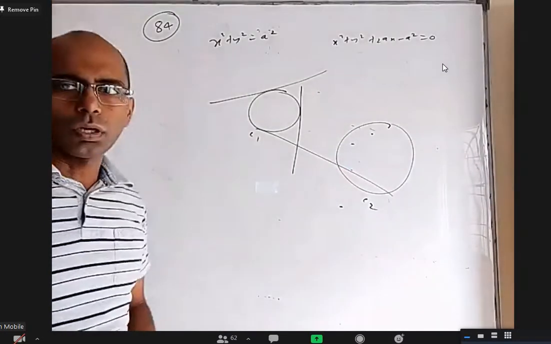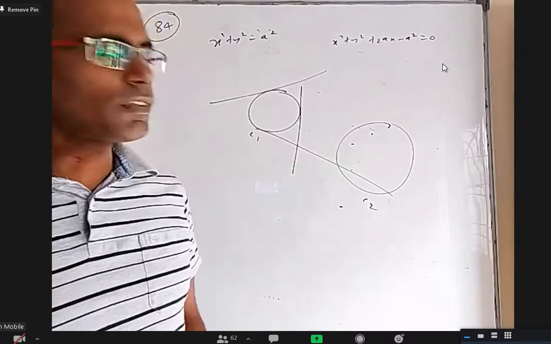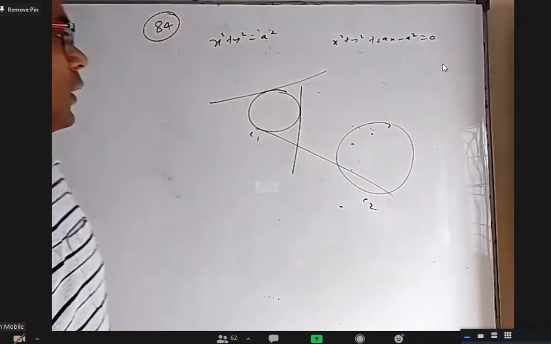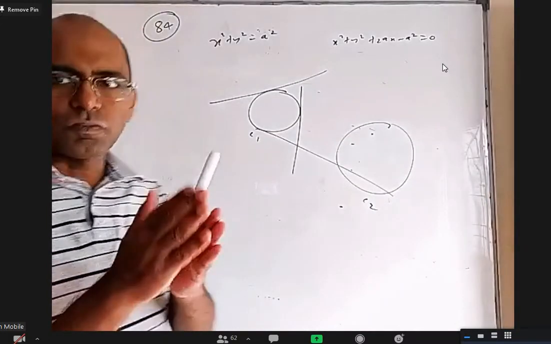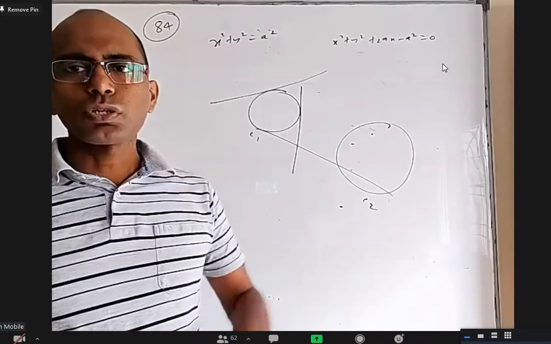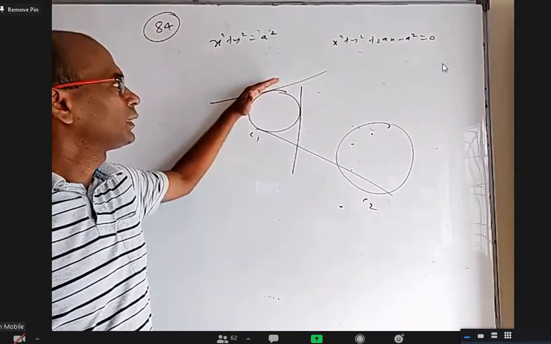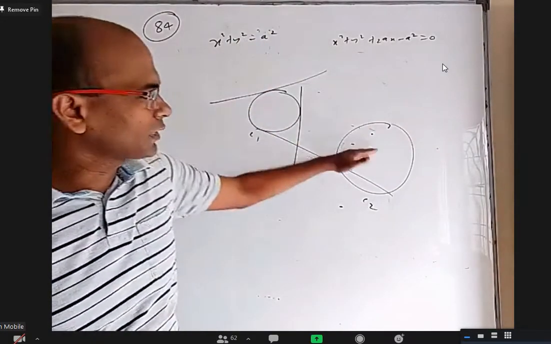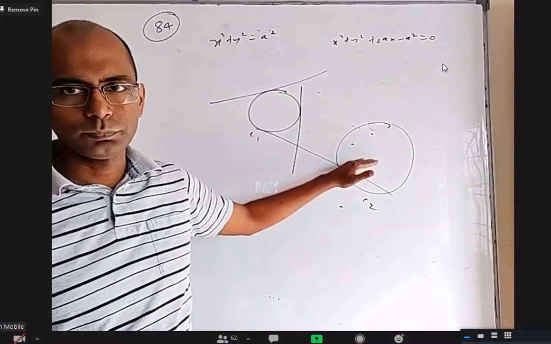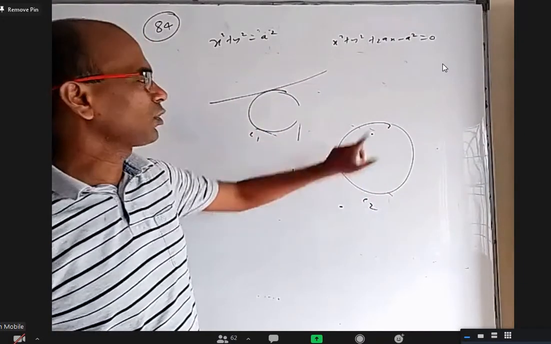Okay. So now listen, it is hardly 2 steps only, but some confusion may be there. That's why I'm explaining. We'll follow one order. Understand the question and we'll do everything in reverse. The first step is take a tangent to the first circle. The second step is find the pole with respect to the second circle. And then you have to find the locus of that.